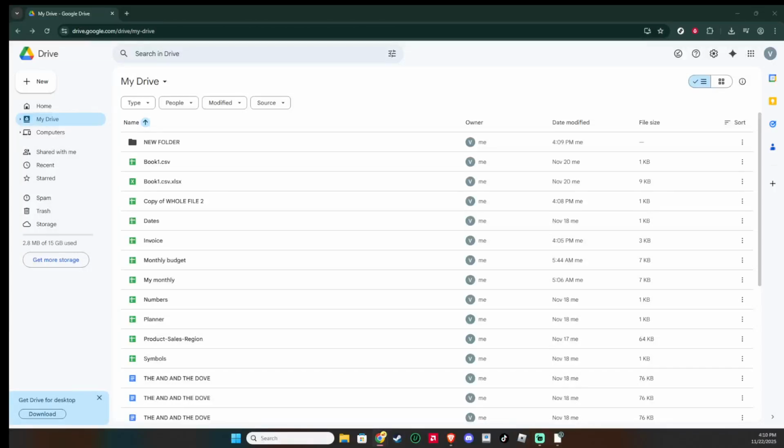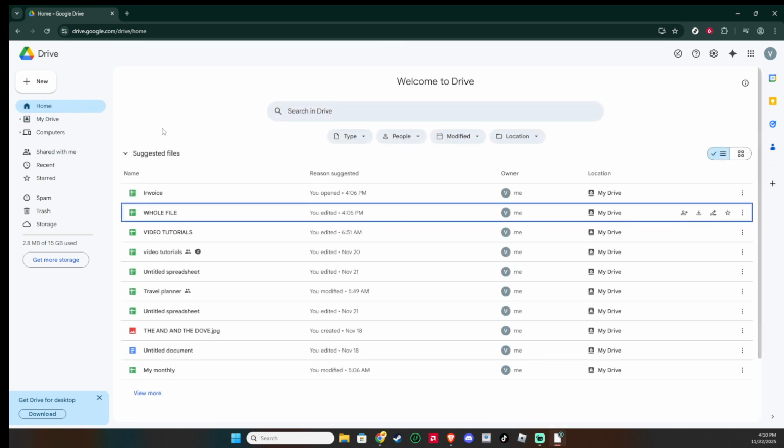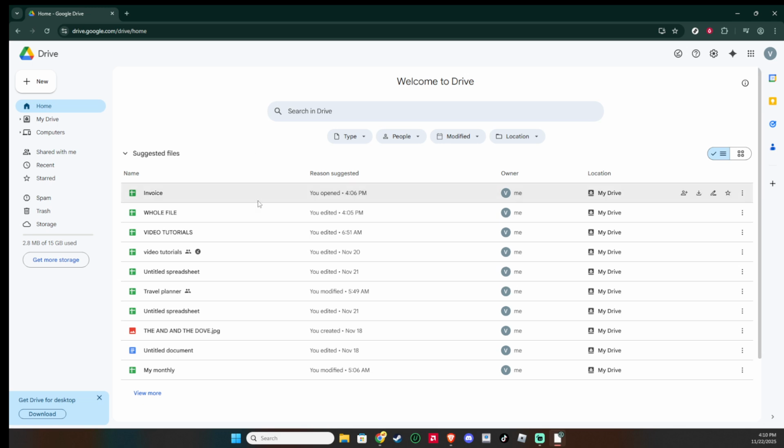In today's video, I'm going to teach you how to move a Google Sheets file to a folder in Google Drive. Let's start by opening Google Drive in your web browser. Go to drive.google.com and, if prompted, sign in to the account where your file is stored. You can do this in any modern browser, and the interface will look familiar whether you're on Windows, Mac OS,